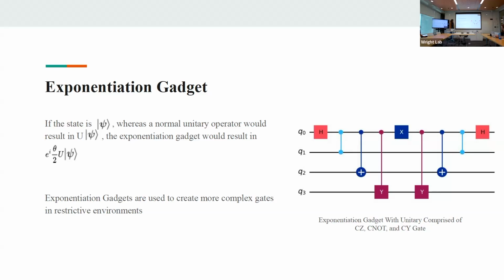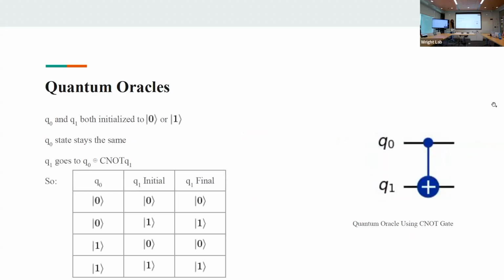And the reason you would want this is that this kind of thing allows you to create more complex gates in a restrictive environment. For example, there are times when the way your qubits work, they have certain benefits like retaining information, but at the detriment that it is difficult to apply more complex gates. And this allows you to, using the more restrictive gates you might have access to, still apply a more complex thing to your qubits. The quantum oracle is, for example, the famous example is the Deutsch problem, where one